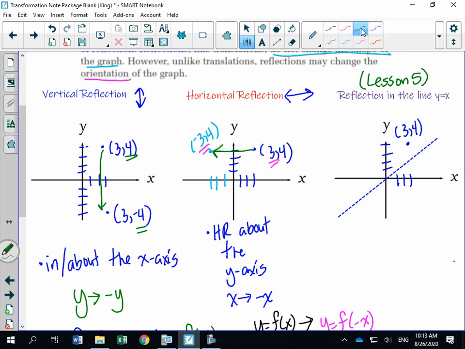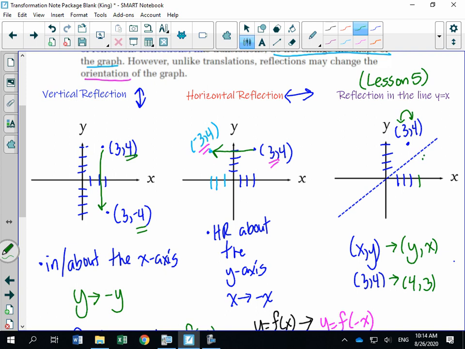What you do to get your new coordinate is you simply transform x and y. So my original point was x comma y, and when it's reflected in the line y is equal to x, my new coordinate is actually going to be y comma x. So let's see what that would be. 3 comma 4 was my original point. My transformed point would be 4 comma 3. So 4 comma 3,